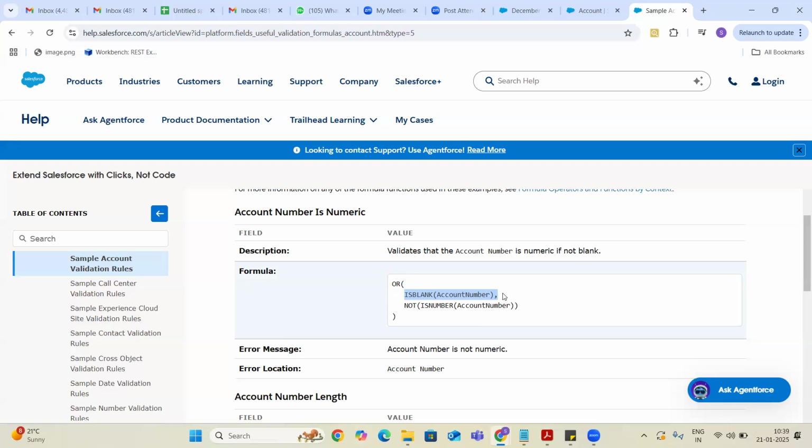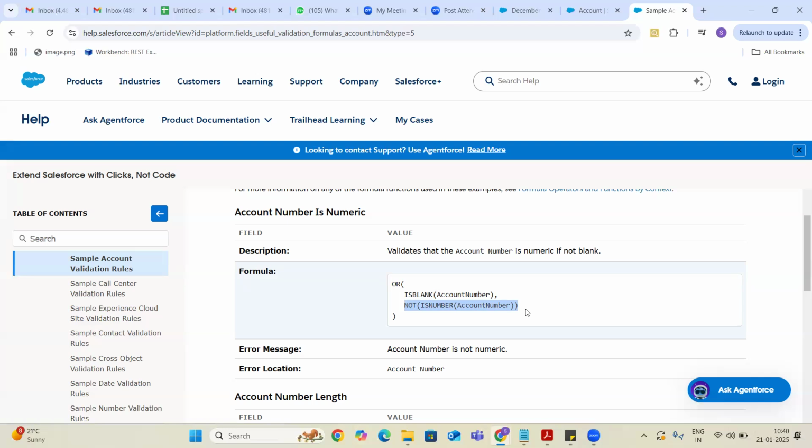And then is number. Is number will return true in case the given value is a number. That is one of the functions, guys. If you give character values inside that field, then it will display is number false.